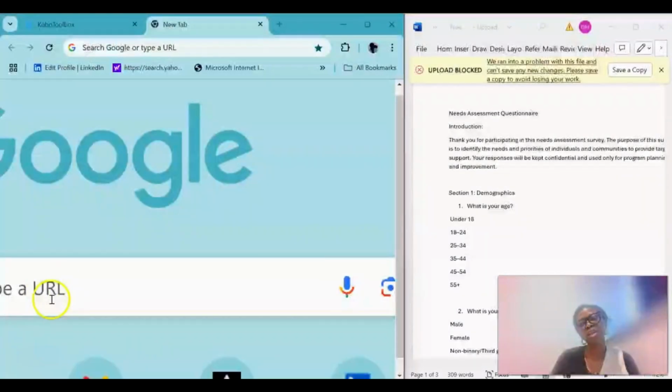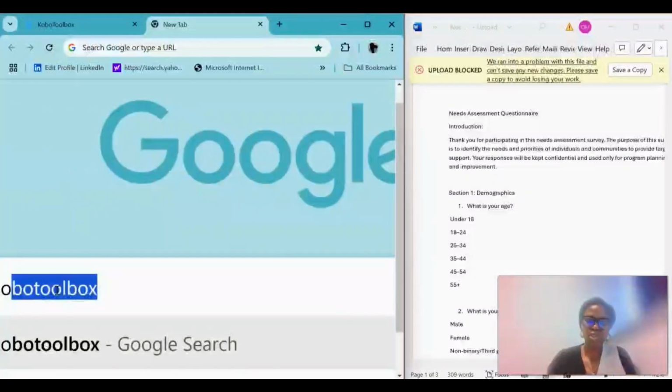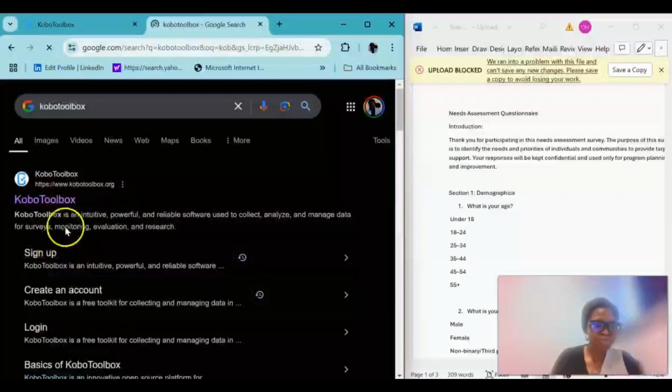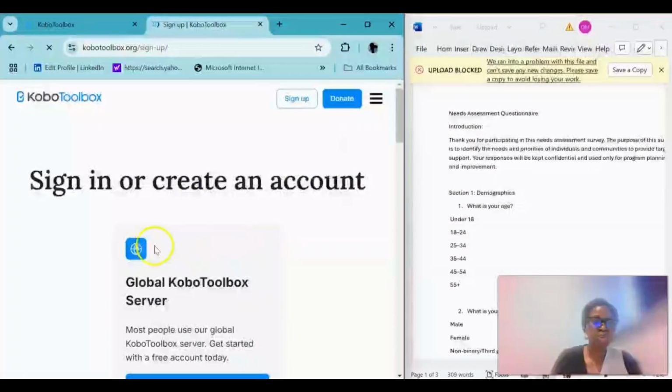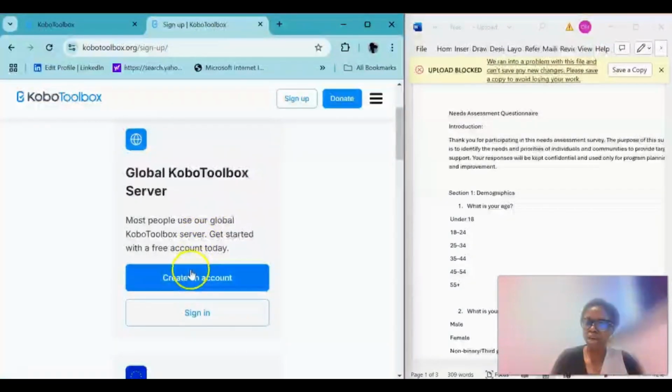Welcome back. So now we are going to go through the process of creating a Kobotoolbox account, signing up for Kobotoolbox, designing the form on Kobotoolbox, deploying it, and testing the form. So here you come to your search and you search for Kobotoolbox. There we are. Then you click on sign up and it brings you here. So just click on this, create account,